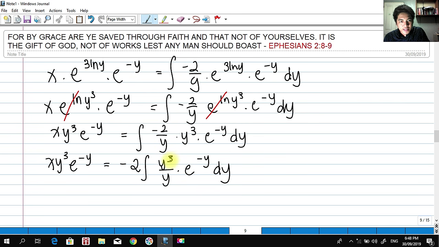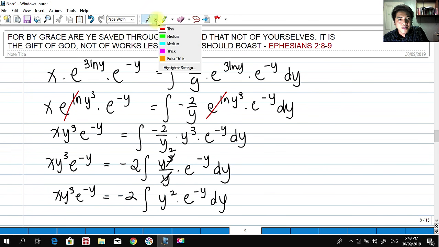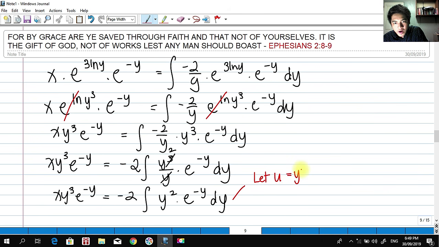So, we can see that this will cancel. This should be y squared. So, we have xy cubed multiplied by e raised to negative y. We have negative 2 integral of y squared multiplied by e raised to negative y dy, and this is an integration by parts. So as you can see, we can let u as y squared, du with respect to y